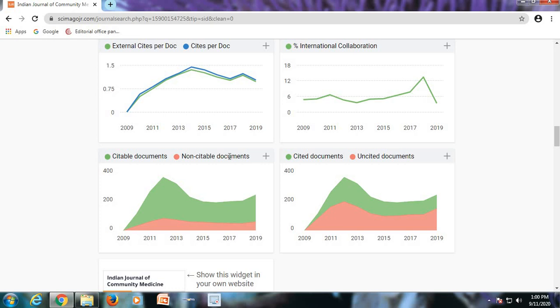So all these graphs show you the entire detail about the Indian Journal of Community Medicine.